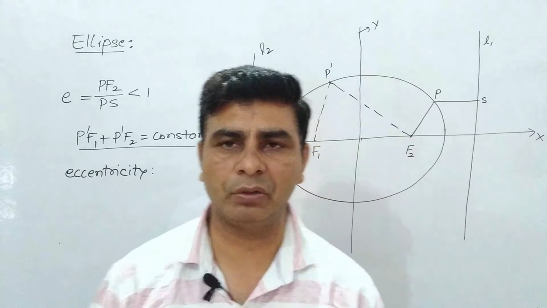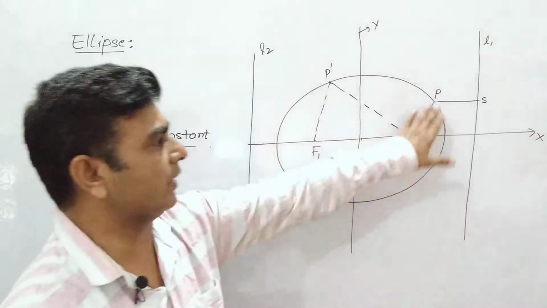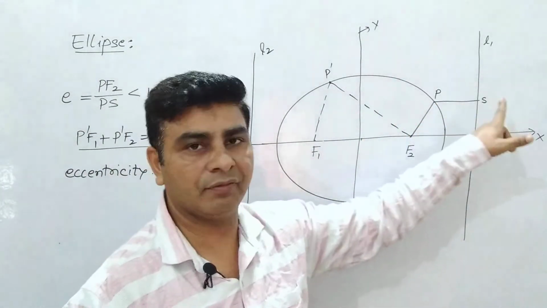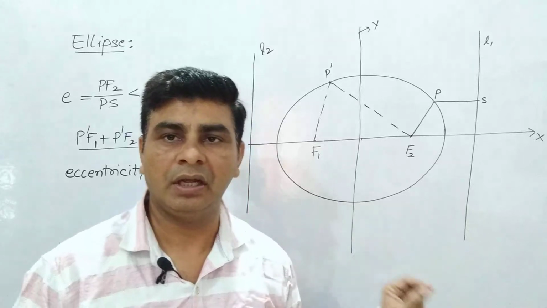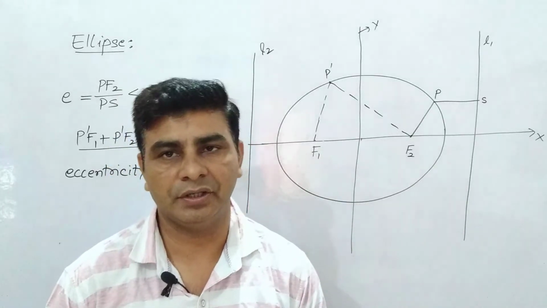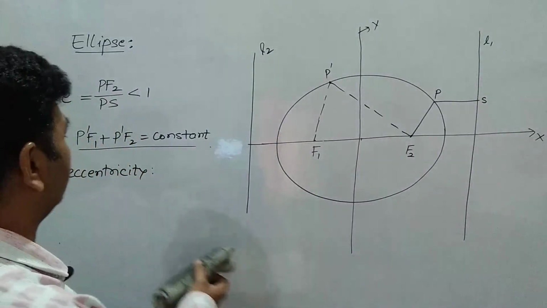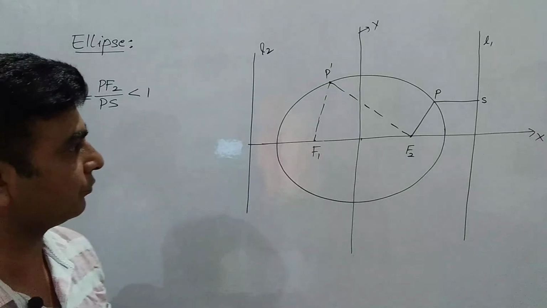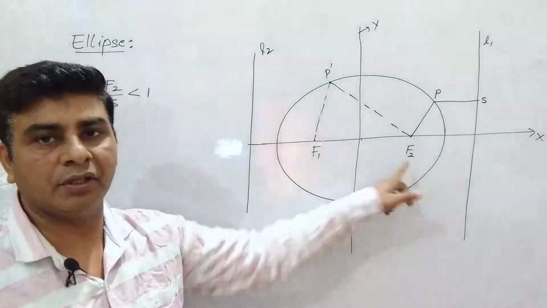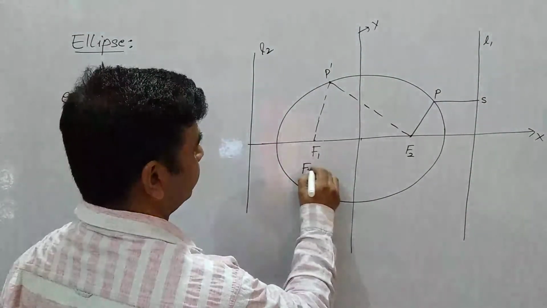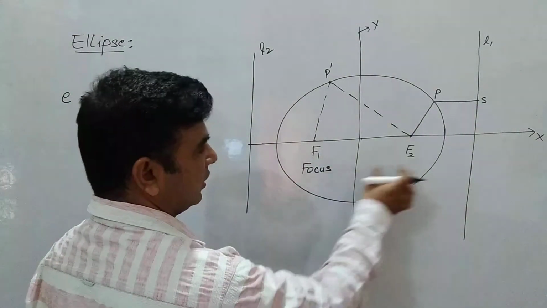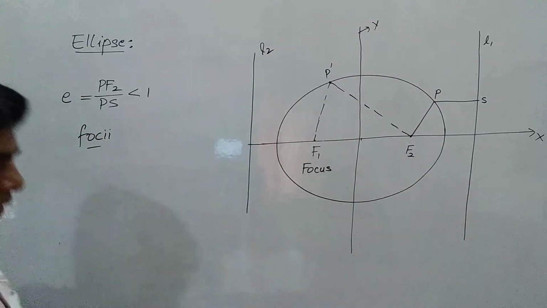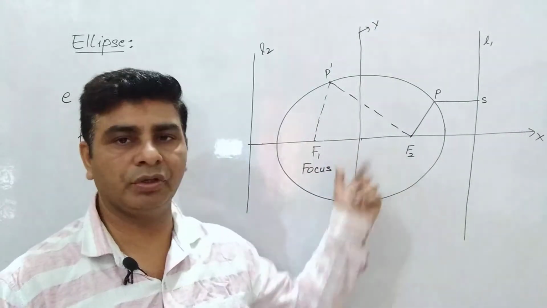So today we are going to discuss the topic ellipse, which is defined as a locus of all those points, the ratio of whose distances from a fixed point and from a fixed line should be less than 1, and this ratio is known as eccentricity. So we are going to discuss the curve shape figure in which the value of eccentricity is less than 1. Now these two fixed points are known as focus. This is focus number 1, this is focus number 2, so they will be termed as foci, because the plural of focus is foci, they are 2 in number.